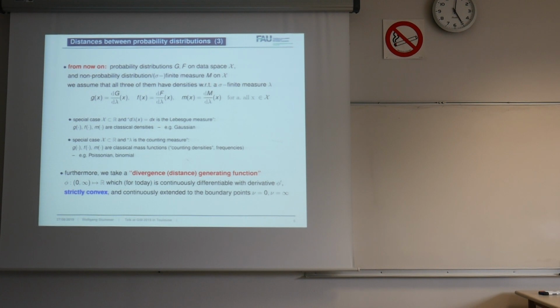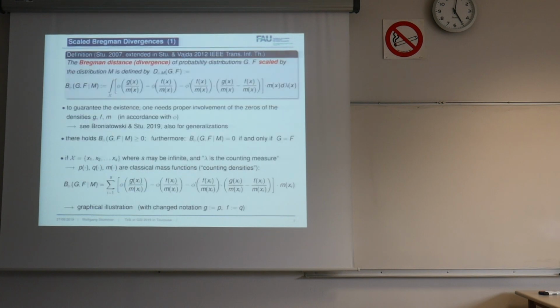They should be strictly convex, and we extend them on the boundary, but the boundary is 0 and infinity, so no negative densities here. And then Igor Vajda and myself introduced the Bregman distance between the two probability distributions G and F, and they are scaled by typically a non-probability distribution M. And it looks like,